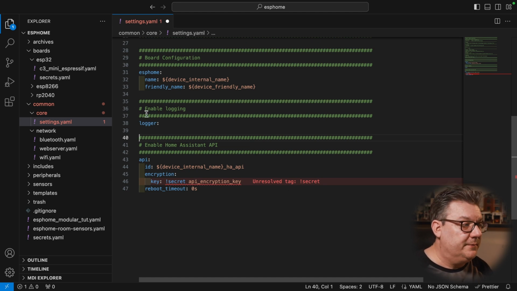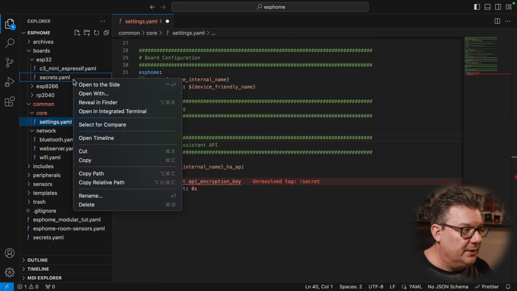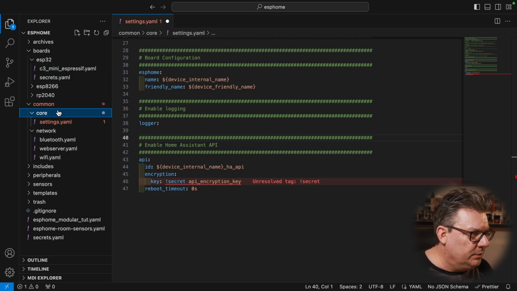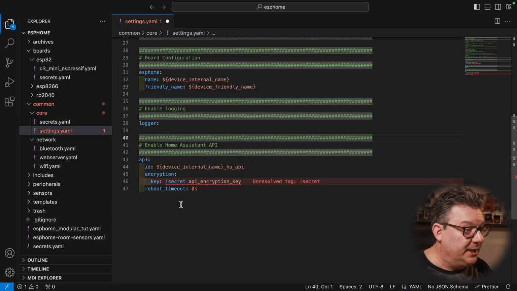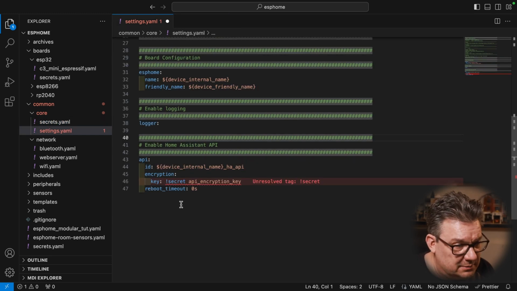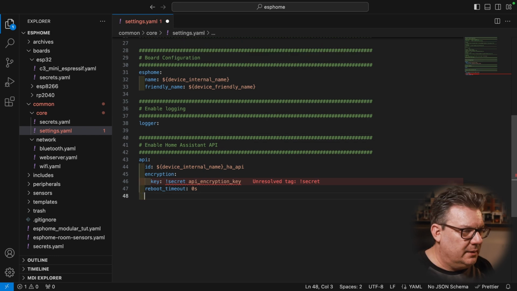So how do we fix this? We copy the secret file that we have created here. We go to core and we paste it. And hopefully, and you can see what it looks like, it will disappear. Sometimes it works, sometimes it doesn't. Next,